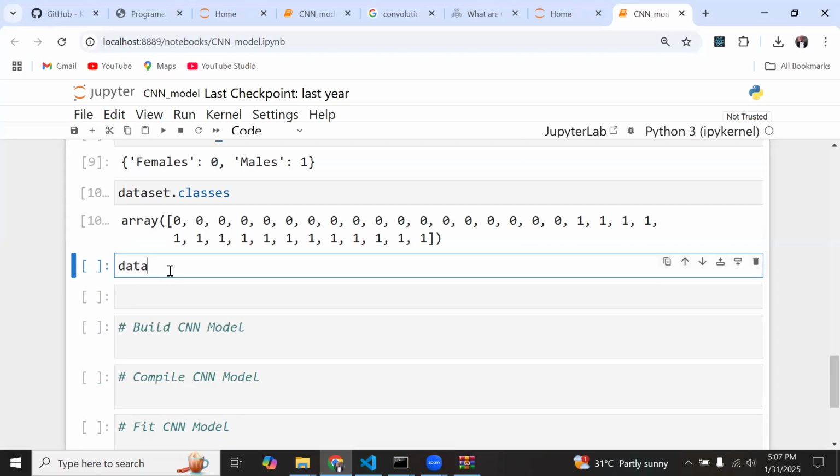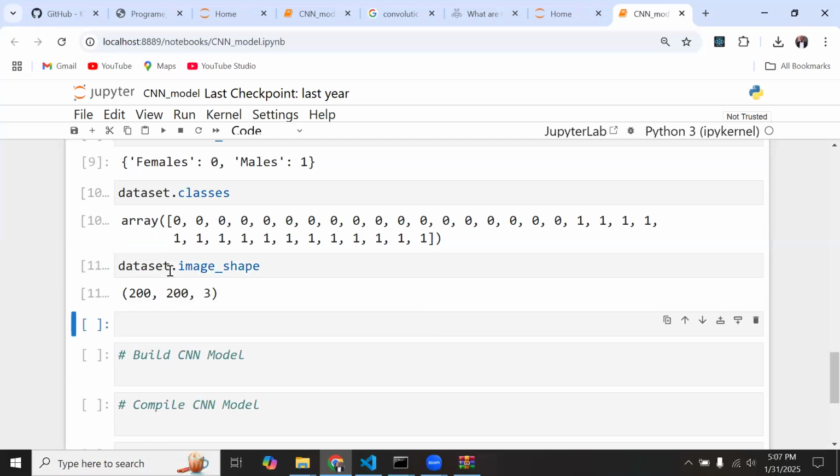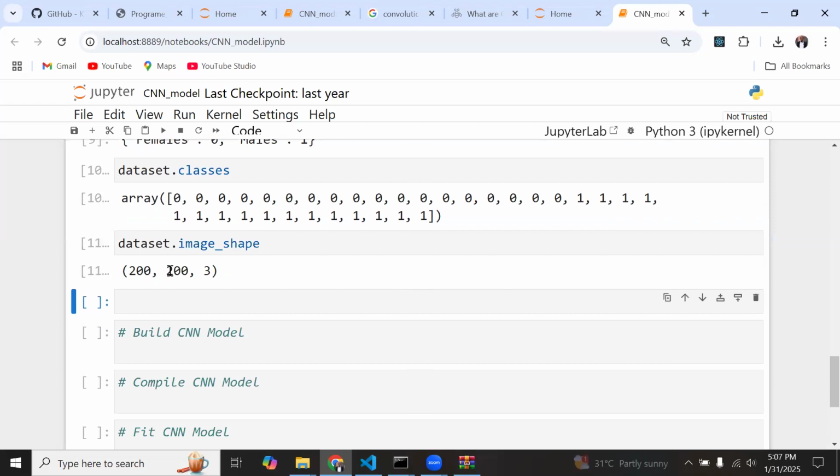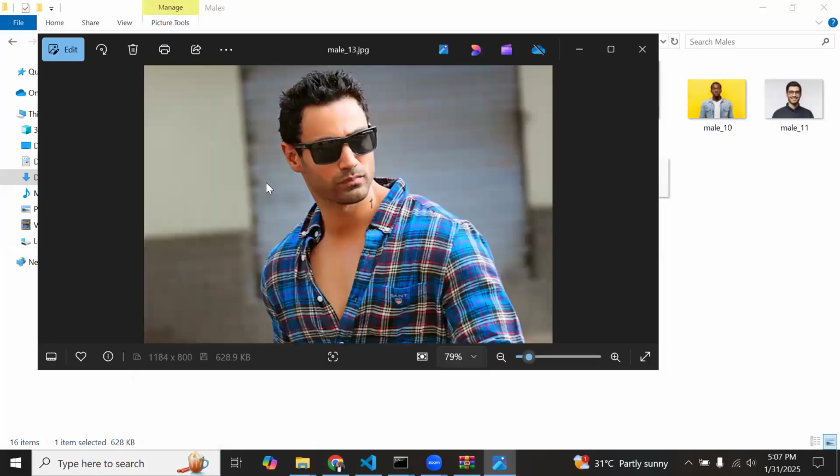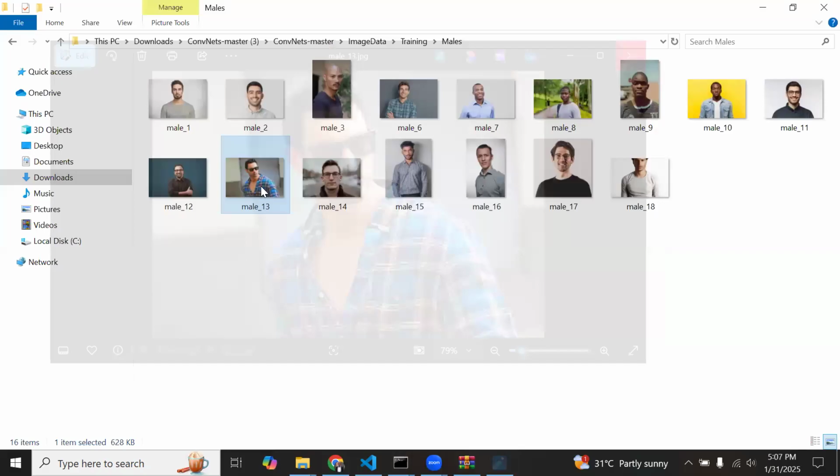Now, if I do datasets dot, for instance, the image shape, as I have over here, it tells me that for all the images you have, it is a 200 by 200 by 3. This is a color channel, because all the images we see over here are colored. So there's some combination of RGB colors we have over here. Now, this is very important, because initially you realize that